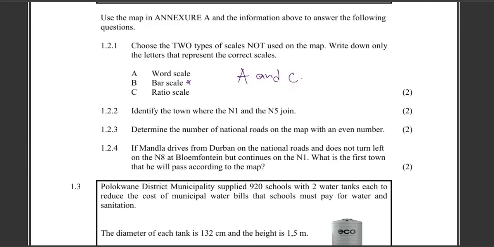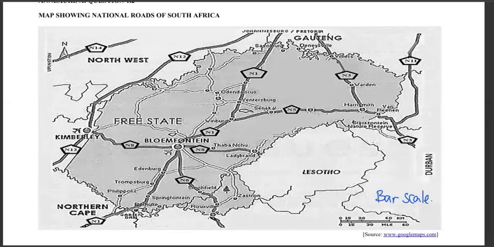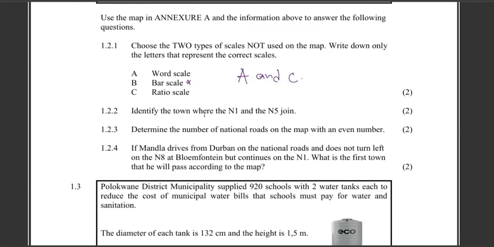Identify the town where N1 and N5 join. Let's go to the map. N1, yes, we have N1 here. This is N8, there's nothing, N8. I need N1 and N5. And so wonderful, it's just right here. This down here. So we shall come back and write it down and we say it's